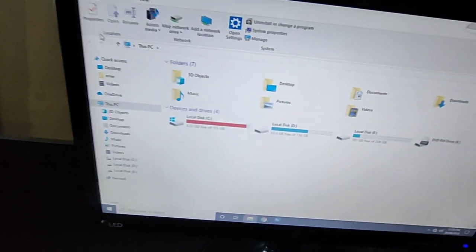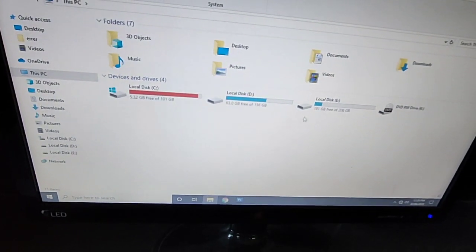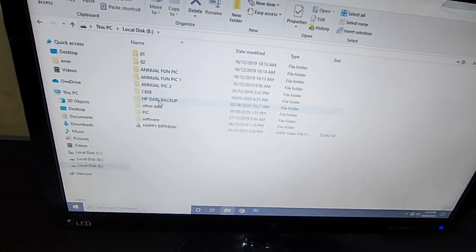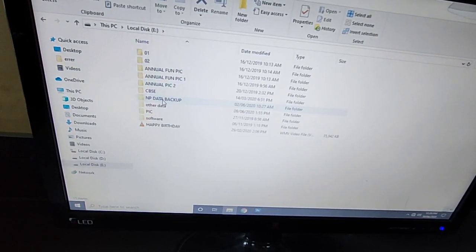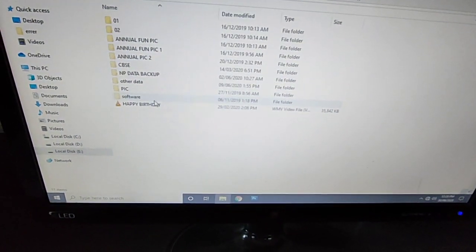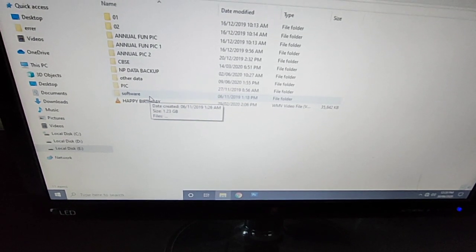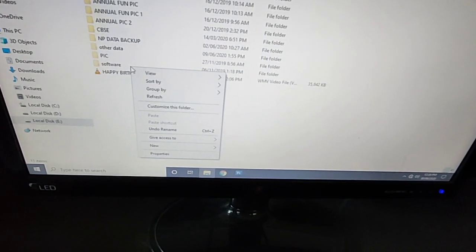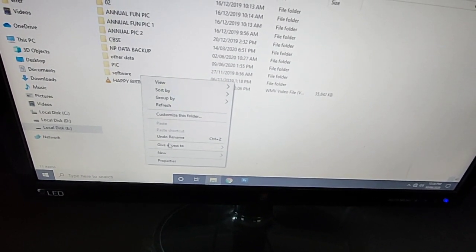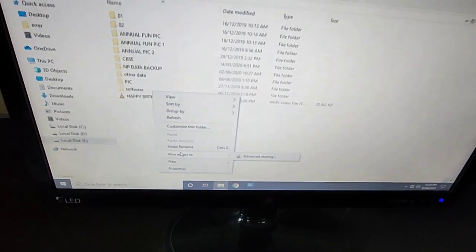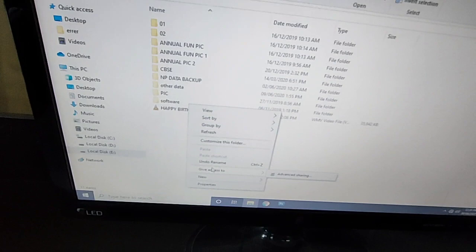Now I am going to local disk E. I want to move the software folder, so I right click it. You can see here the shortcut menu appears. In the shortcut menu, select the cut or copy option.